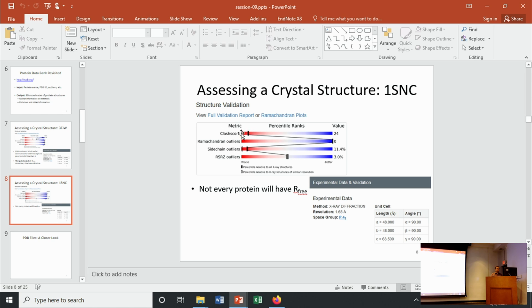If you look here, though, the clash score is actually pretty poor compared to most other proteins of similar resolution. The side chain outliers, this is side chains that have an oddball conformation. Those are also doing pretty poor. And so if I'm really, really interested in everything, this is probably going to be an acceptable structure, but I